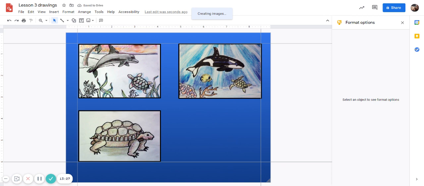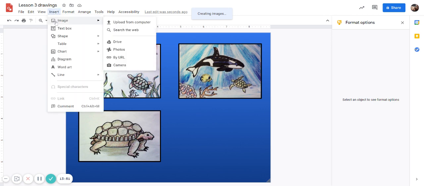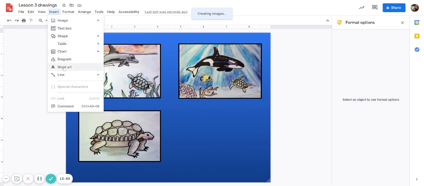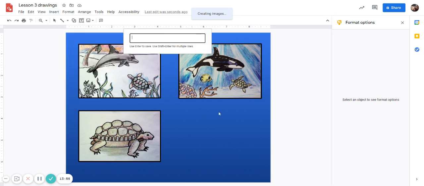Okay, so now these guidelines won't show up, but I'm just going to move them out of the way anyway. And then the last step is going to word art and adding our names. If you want to have fun and add a little casting shadow, you can too, but I'm going to keep it like this for this assignment. So to create word art, you want to go to Insert, and then instead of going to Image, you're going down to Word Art right here, type in your name,